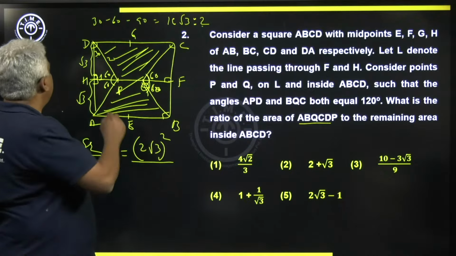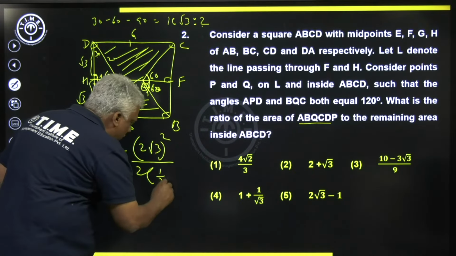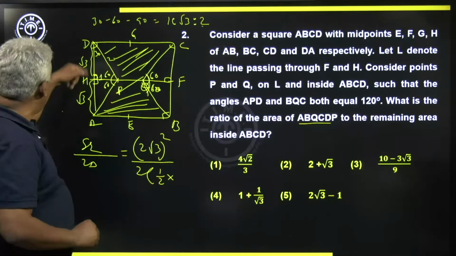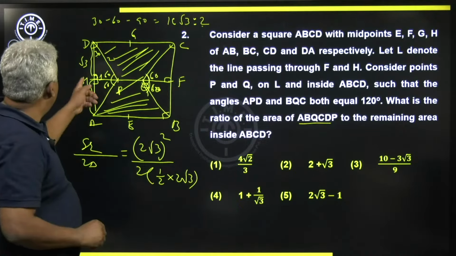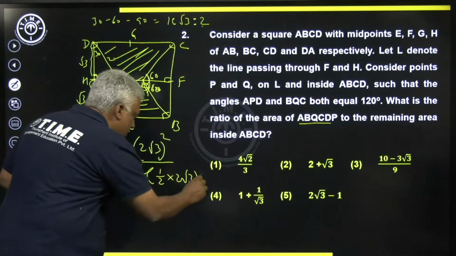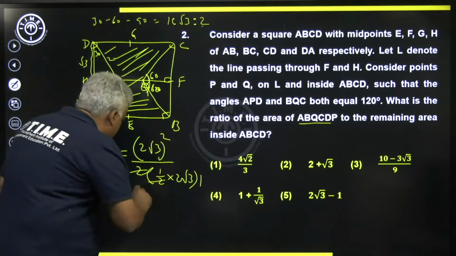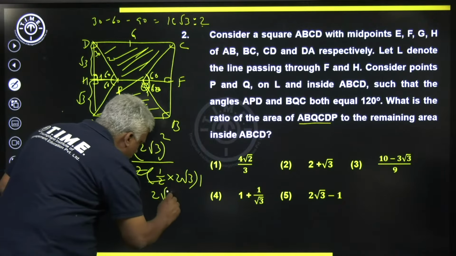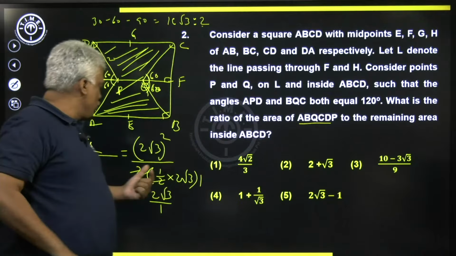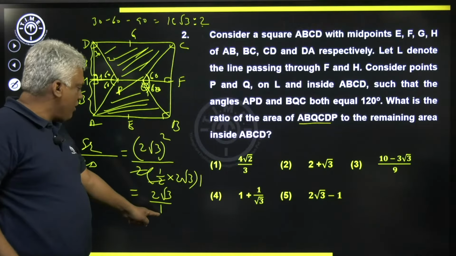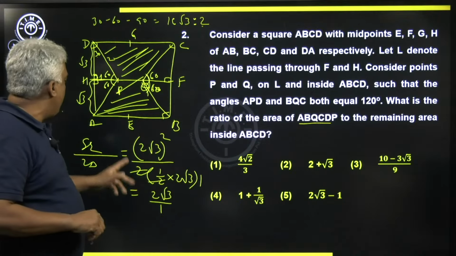Area of two triangles: now you see that for this triangle, it's 2 times half base into height. Now the base of one triangle is 2 root 3, and the height is 1. This is the height, right? So the 2 got cancelled. So we got 2 root 3 whole squared by 2 root 3. So this ratio we got is 2 root 3 by 1. That means if the big square is 2 root 3 parts, the remaining part is 1. So if the total is 2 root 3 and the two triangles are 1 part, what is the area of this